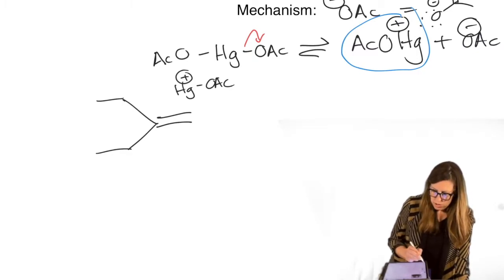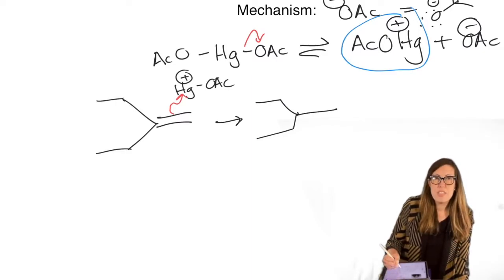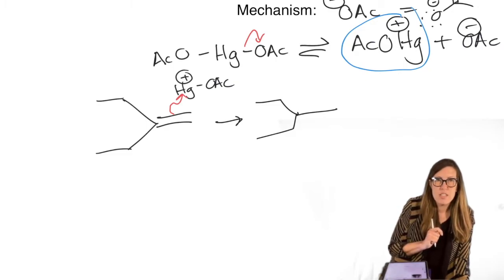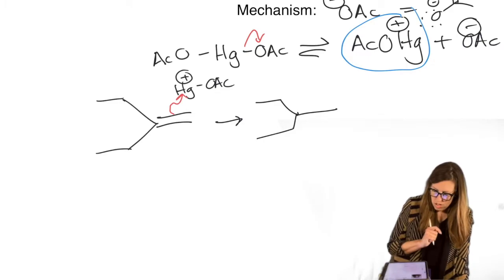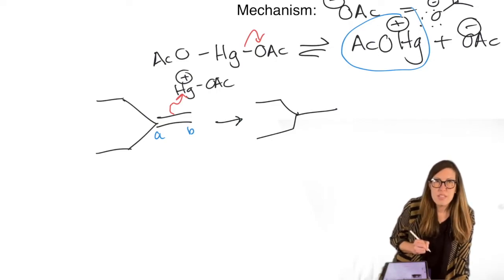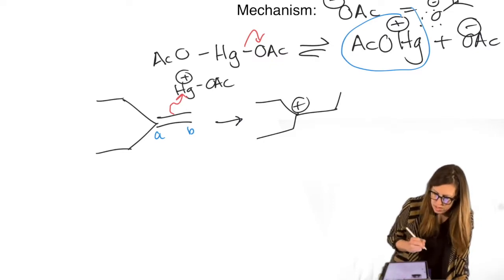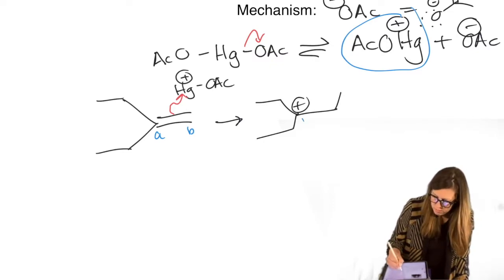So we say, oh, that looks electron poor. An alkene would like to attack that, right? Now we have to ask a question. Every time we add to a pi bond, two carbons are affected. One gets the bond, the other one gets the charge, positive charge. So we say, who would be a better positive charge? Better beholder of the positive charge, A or B? Definitely carbon A, right? That'd be tertiary. So we're going to let that one get the positive charge, let the electrons stay with carbon B, and that will be bound to the mercury, that new group.